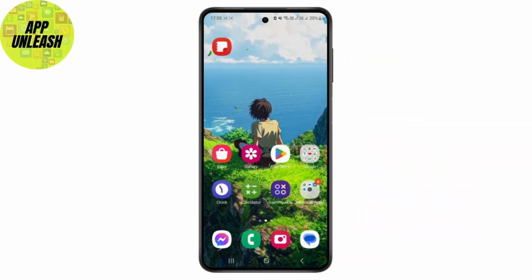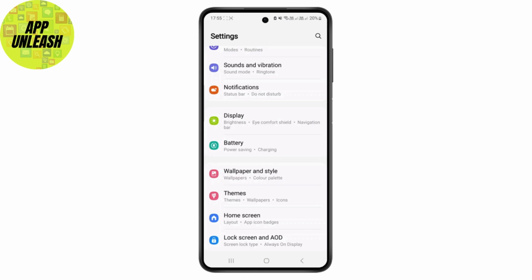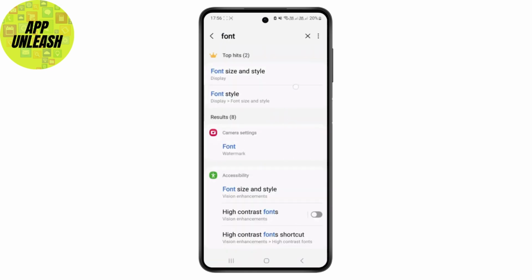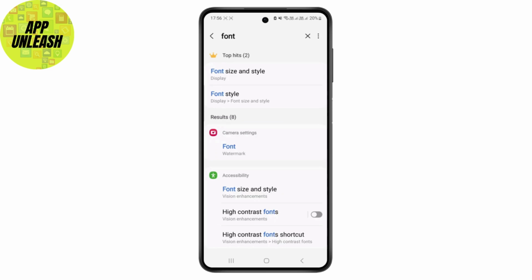In this quick tutorial I'll be showing you how you can easily change the font style on your Android device. So first thing, simply head over to your settings, and once you're inside your settings, just search in for the font by simply heading over to the search bar and searching for font. So once you quickly search in for the font, just click on this font style option as you can see